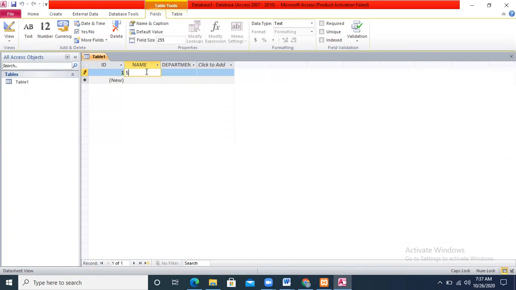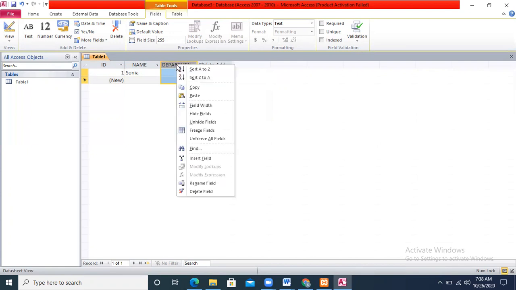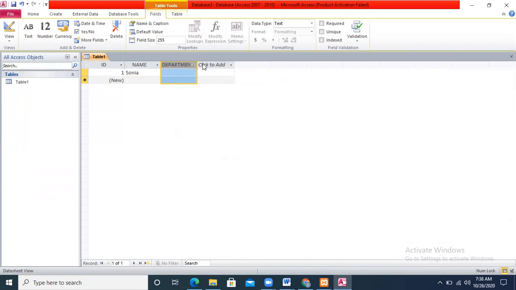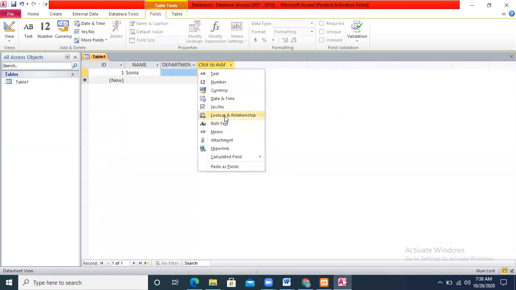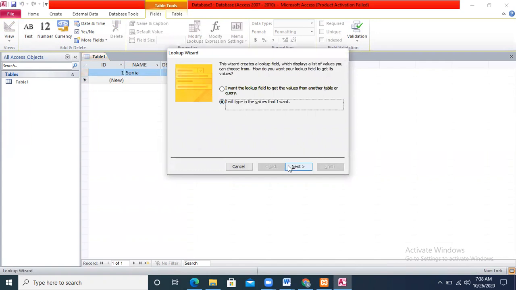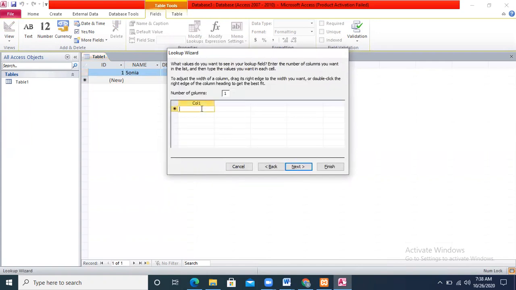Name will be entered by the administrator, for example, and the data will be entered by the department, but I want to have data which is automatically selected. For automatically selected data, I can create a data sheet which will contain the fields already subjected to it. For example, if I am going to create a lookup field, I will type my own values. Next, in my first column, I will type up the fields I want.